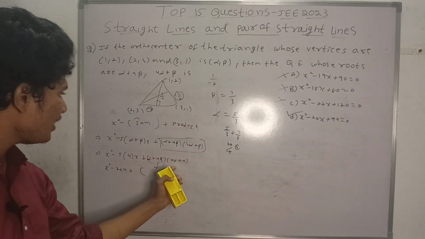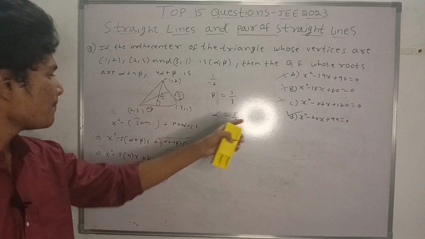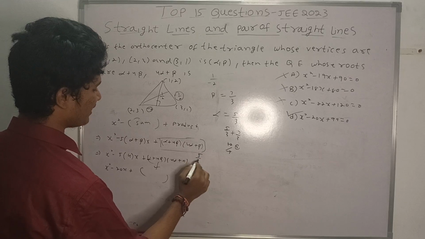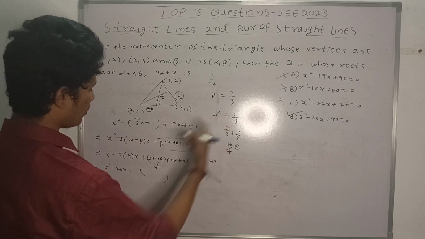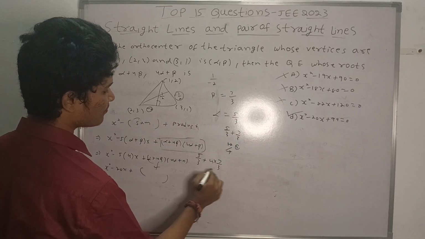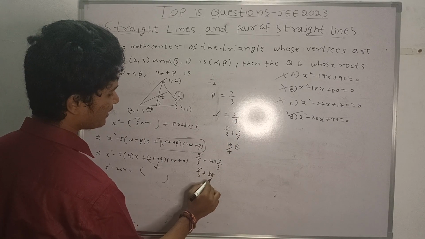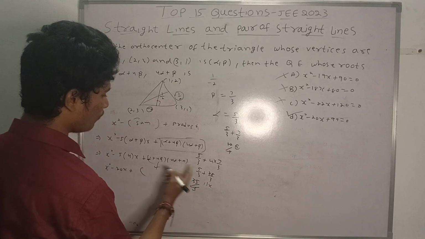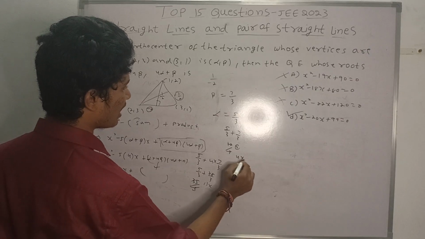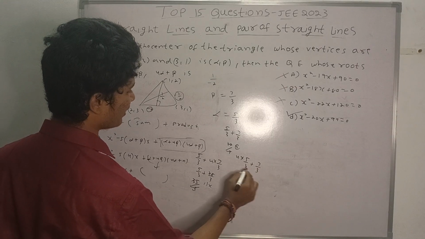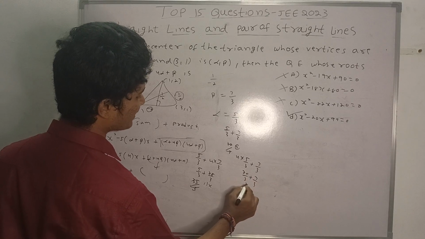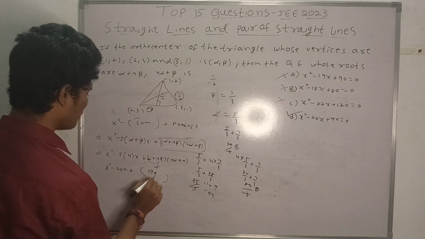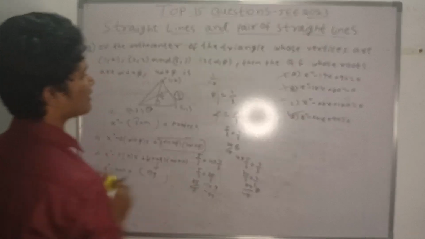When you solve alpha plus 4 beta into 4 alpha plus beta, by simply substituting the values, alpha plus 4 beta is 5 by 3 plus 4 into 7 by 3. It becomes 5 by 3 plus 28 by 3, and finally 33 divided by 3, that is 11. 11 into 4 alpha plus beta: 4 into alpha is 20 by 3 plus beta 7 by 3, that is 27 by 3, which is 9. And 11 into 9 is 99. So the answer is x square minus 20x plus 99. So the answer is D.